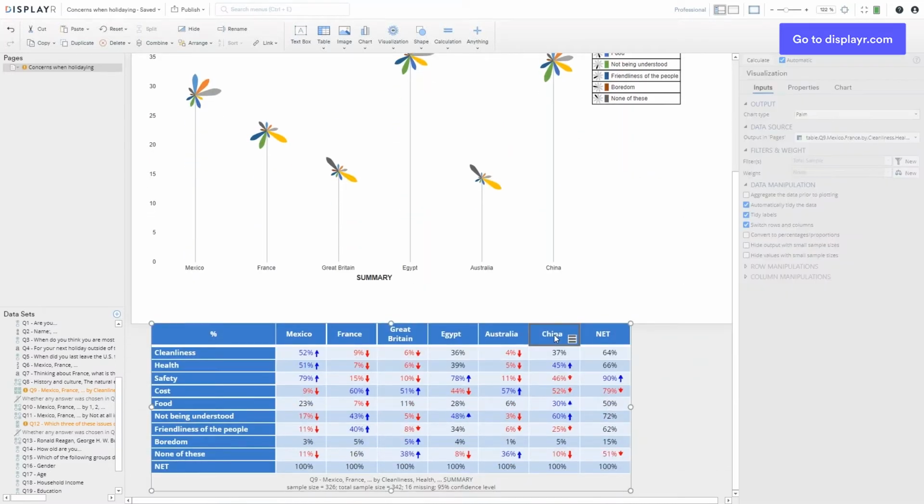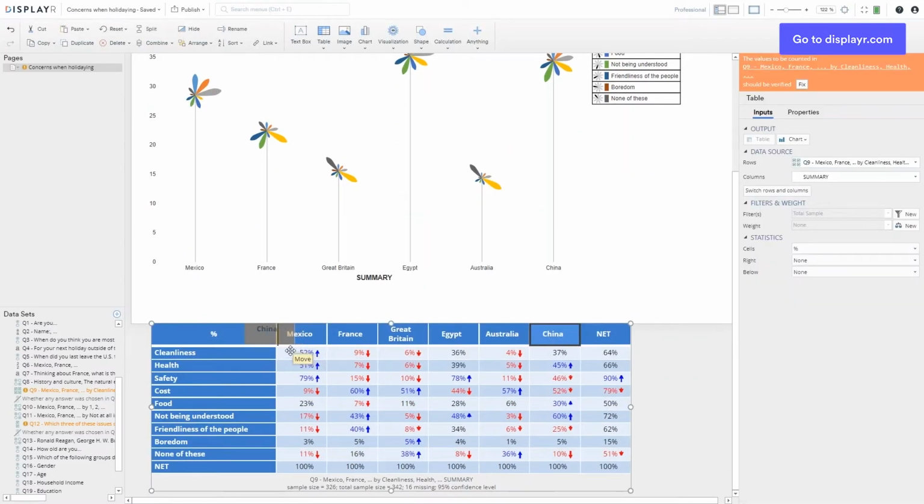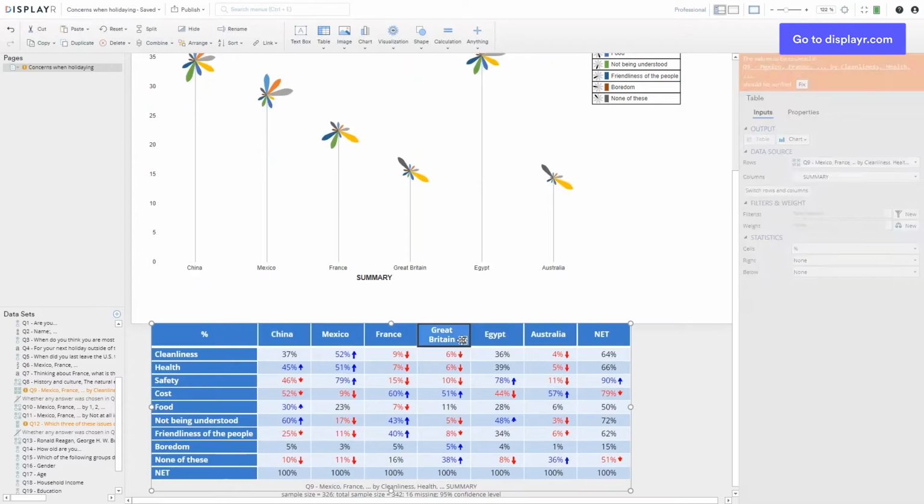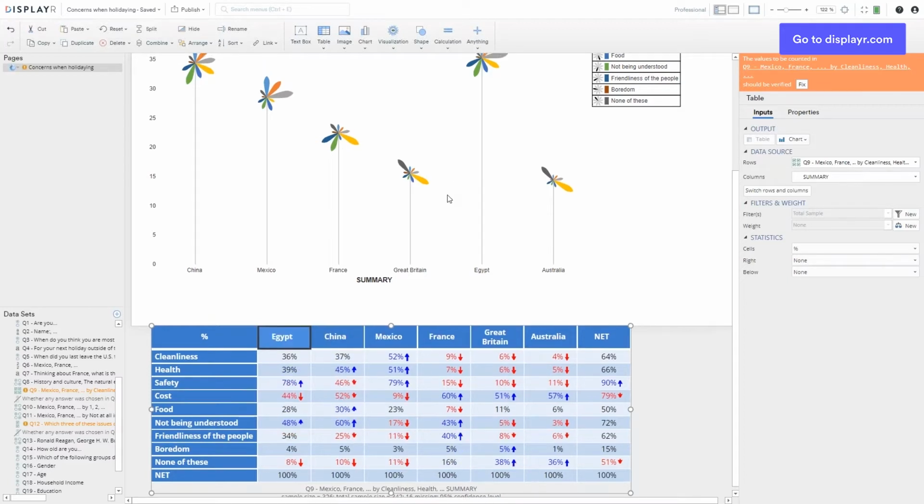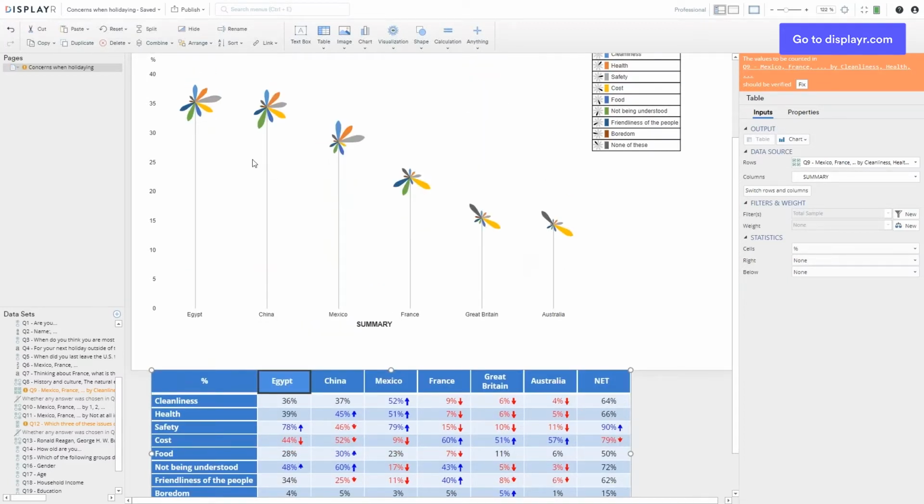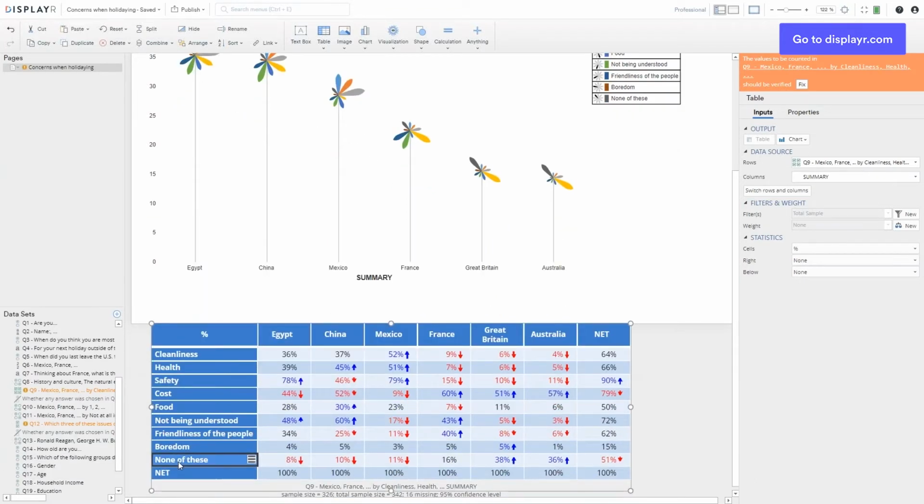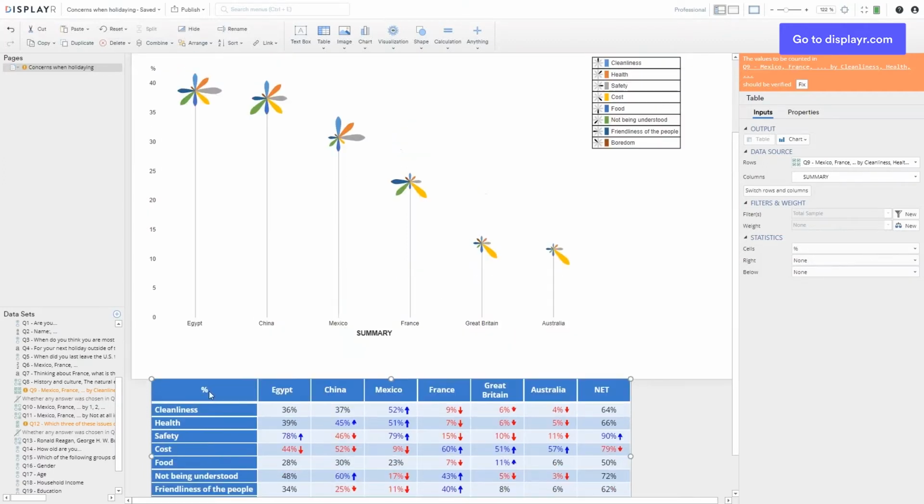Let's play around with the data just to make the patterns a little easier to see. So I'm going to group together by dragging and dropping the columns. China and Egypt, which are pretty similar shaped palm trees. Great Britain, Australia. All right, so now the height of the palm trees is showing average level of concern. I've basically ordered them according to country with the most concern, Egypt, to country with the least concern, Australia. And you can see that this also meant that we've got similar patterns grouped together. That's pretty cool. I'm going to get rid of the none of these category because I don't think that adds much. All right, I'm going to hide this table, and when I hide it,